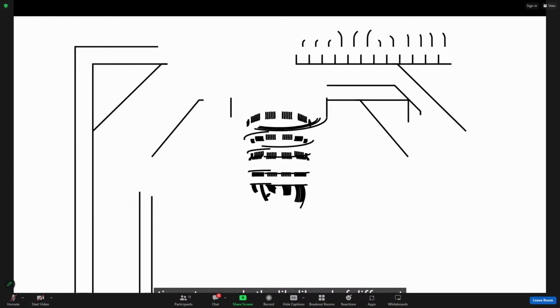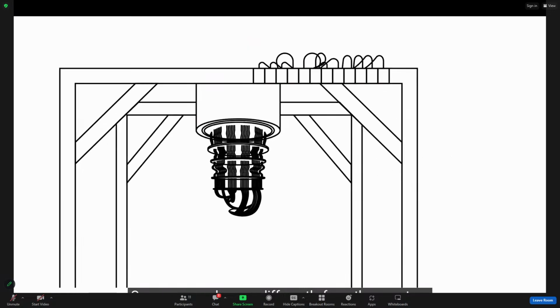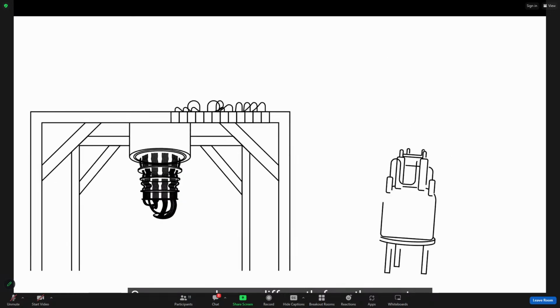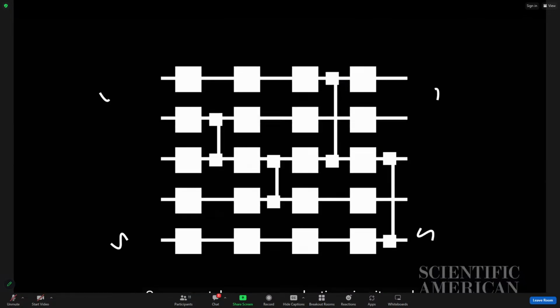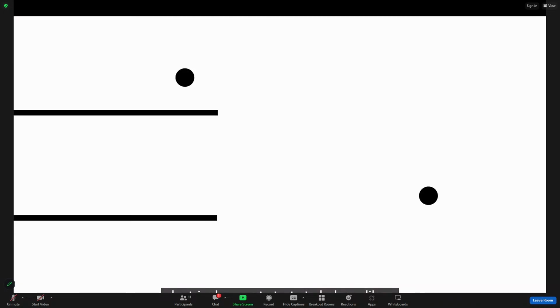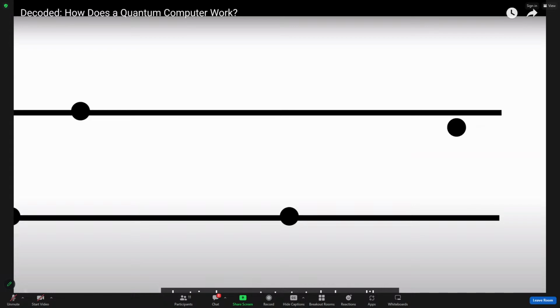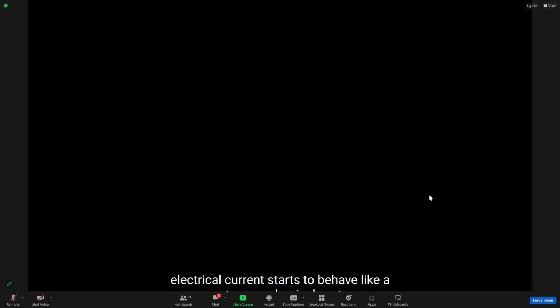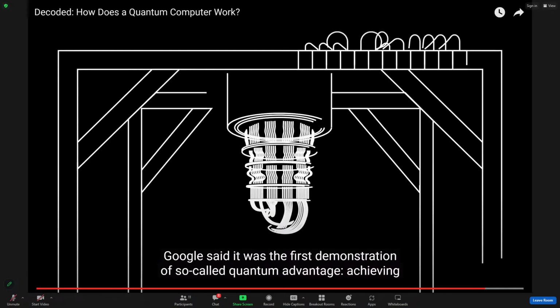Sycamore works fairly current starts to behave like a quantum mechanics. Yes, it's fields where different energy demonstrate